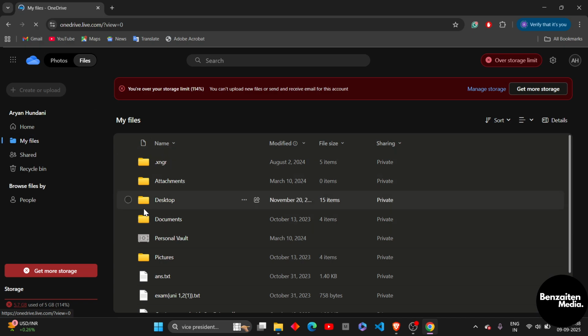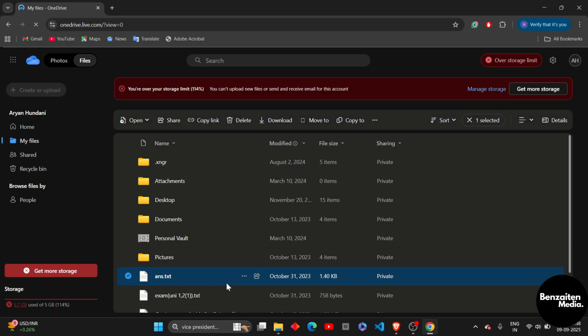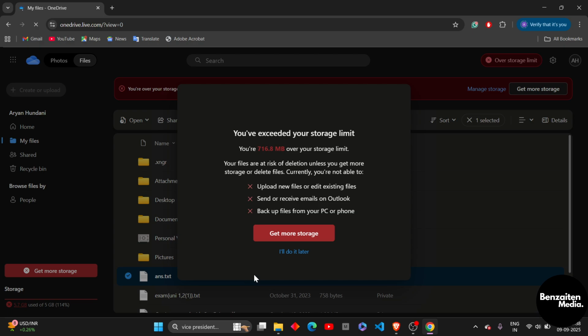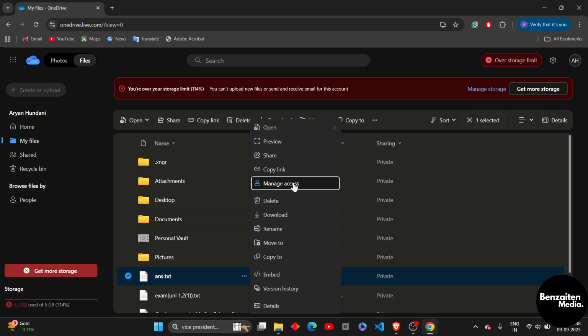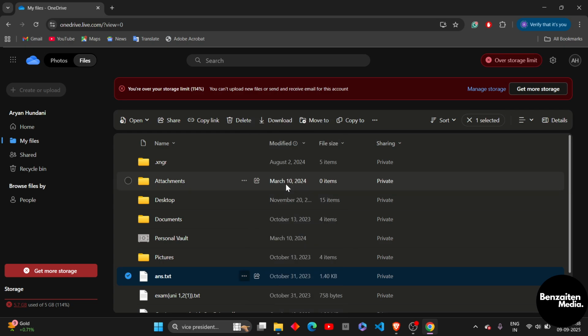Simply click on it and then you need to choose the file or folder that you want to share the ownership of, and after choosing, here you will see three dots. Simply click on this, and after clicking on these three dots here you will see the option to share it, and after clicking on share, first you will see the option to manage access. Simply click on this manage access option,